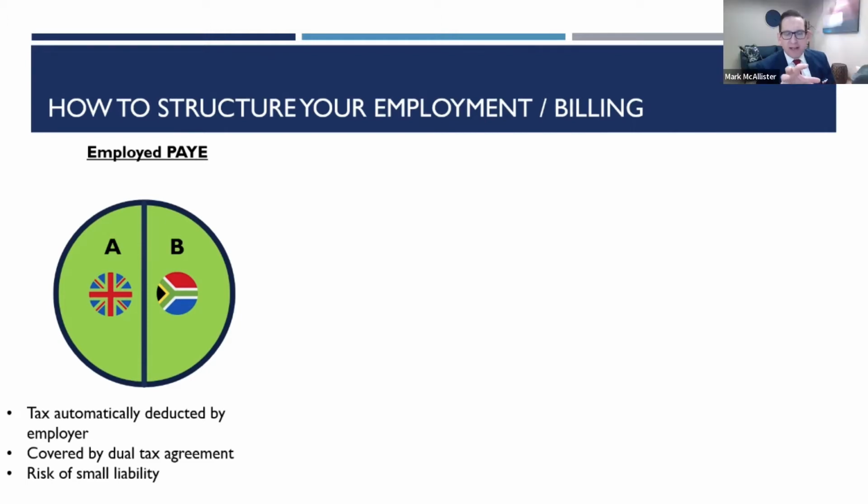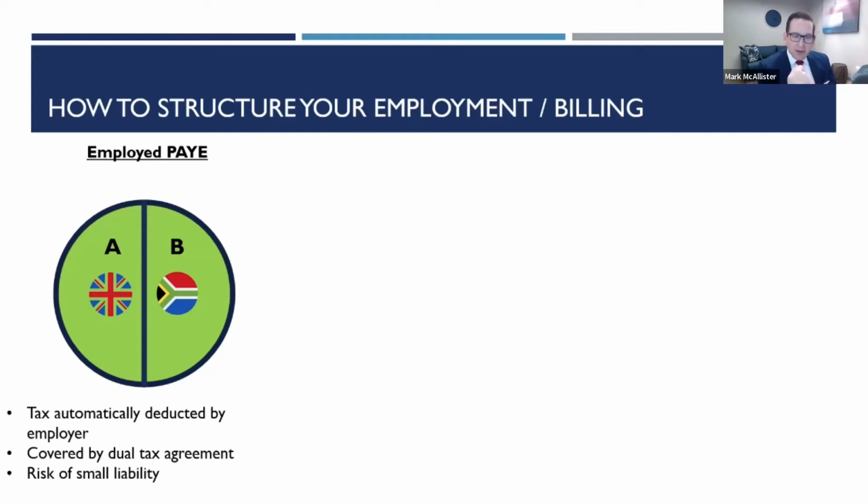So one of the things that we've done here is we've put the options now, so split them out. So there is quite a few different options. So we've talked about one already, which is being employed. So an employee, you're on the payroll. So you might be in the UK at the moment. You could go and work for the South African subsidiary of the same company. They might put you on the South African payroll. It's probably likely that you'll be on one or the other, sorry.